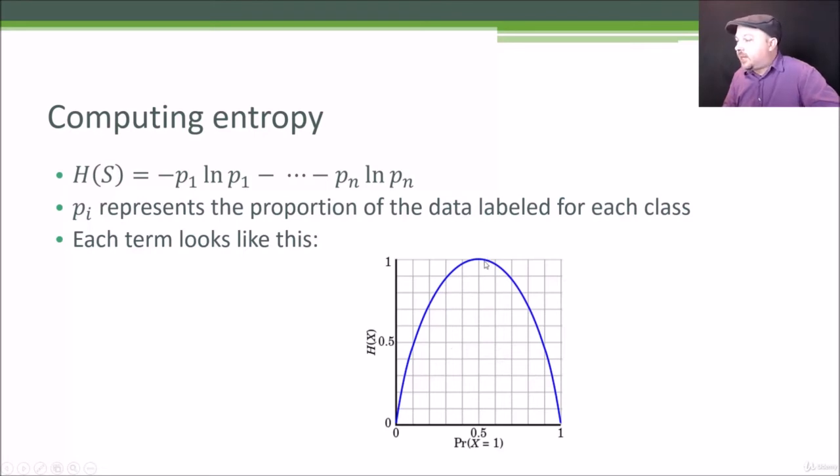If you look at it, it kind of makes sense. For example, if the proportion of the data that is a given class is 0, then the contribution to the overall entropy is 0. And if everything is that class, then again, the contribution to the overall entropy is 0. Because in either case, if nothing is this class or everything is this class, that's not really contributing anything to the overall entropy. It's the things in the middle that contribute entropy, where there's some mixture of this classification and other stuff. And when you add all these terms together, you end up with an overall entropy for the entire data set.